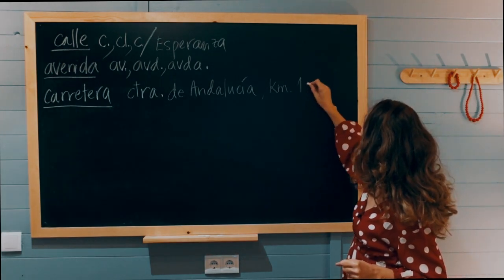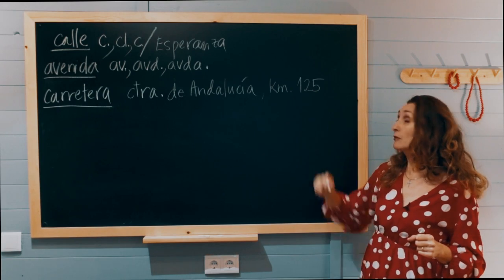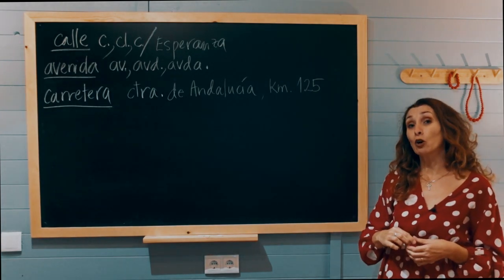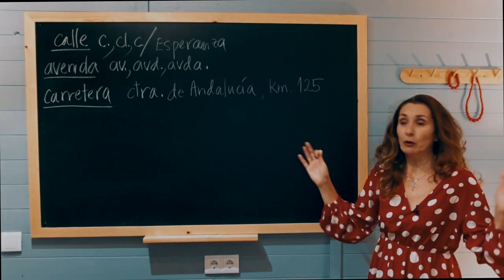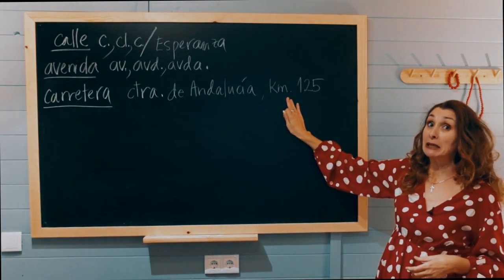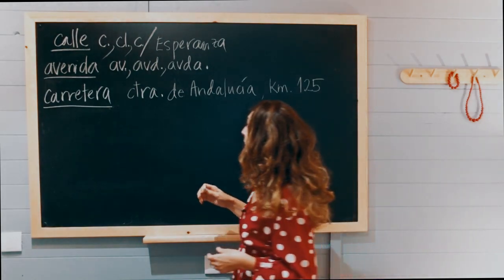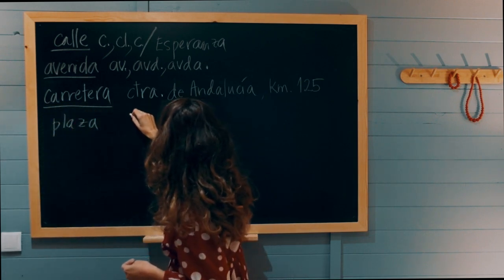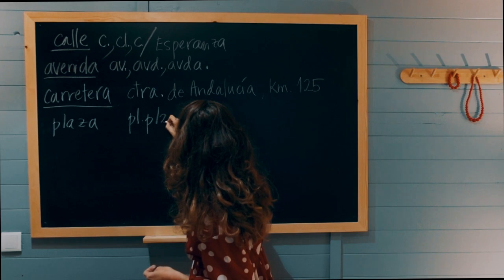So, for example, kilometro 125, for example, no? So you will know that on this road called Andalucía, 125 kilometers from the actual beginning of this road, that's where you will find this place, whatever it is, okay? So a lot of the times carretera will be accompanied by kilometro and then a number, okay? It might be a square, in which case plaza, and an abbreviation for plaza is either PL or PLZA,